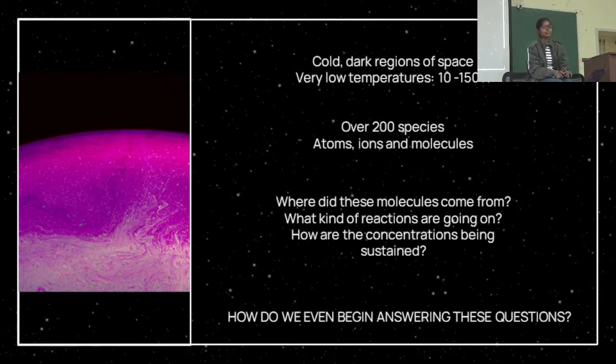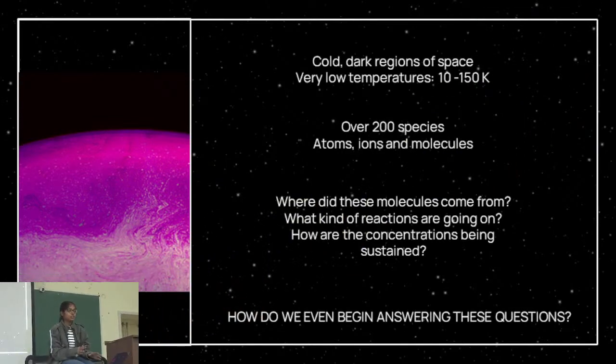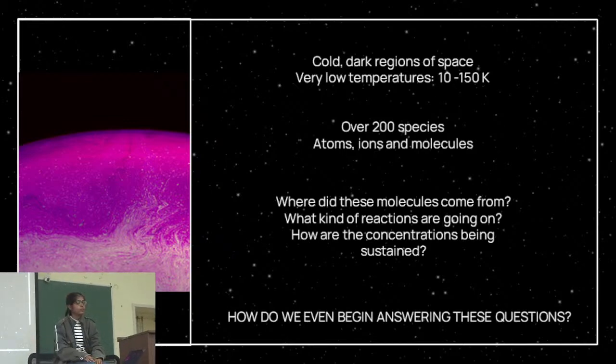There is a race between two specific groups, one in the US and one in Spain, who are using their own radio telescopes to detect new molecules every year. About 3.8 is the average number of molecules we are detecting per year right now. Most of them are polycyclic aromatic hydrocarbons, like naphthalene, benzene. There's a bunch of that, especially in molecular clouds at these low temperatures. So that obviously leads to several questions.